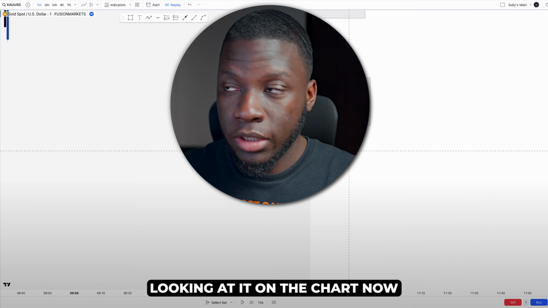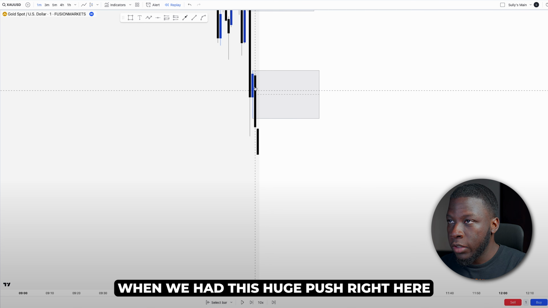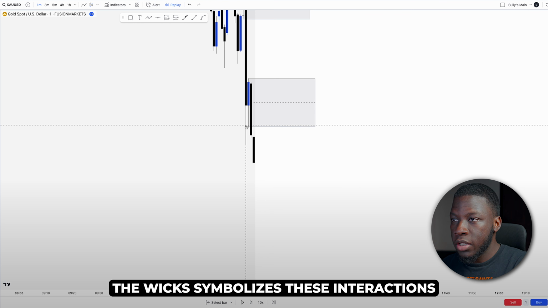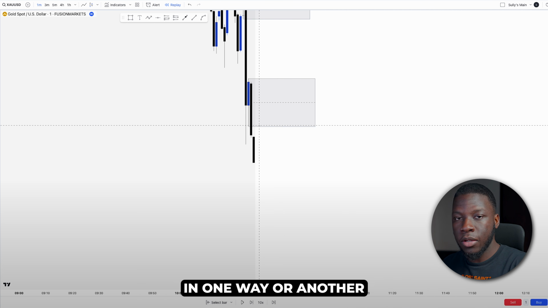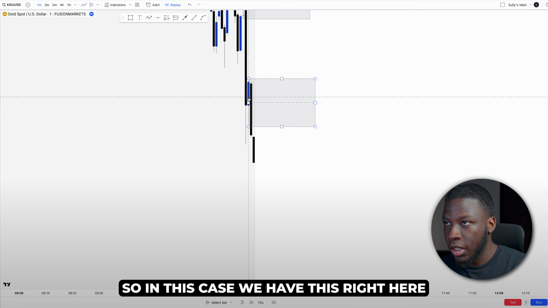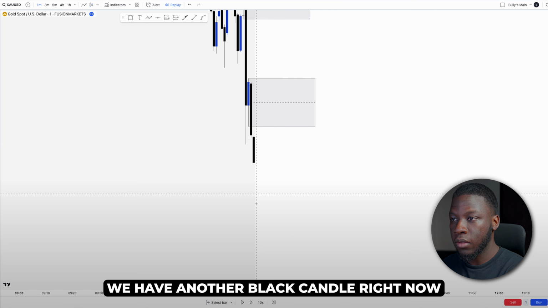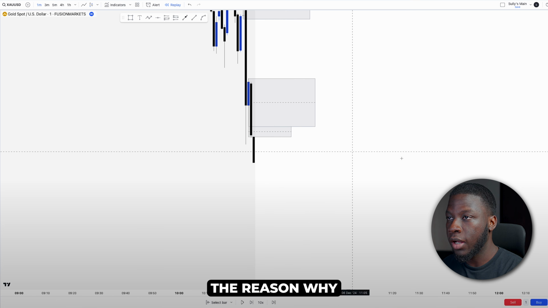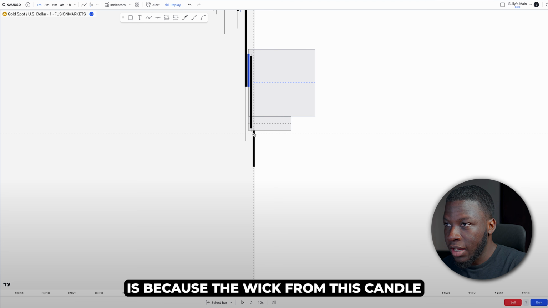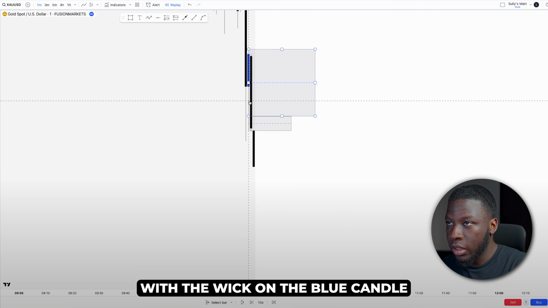Looking at it on the chart now, this translates in the same way. When we had this huge push right here, the wicks symbolize these interactions. So the wicks need to interact in one way or another. In this case, we have a black candle, and another black candle. Right now, we have a gap right here. The reason why is because the wick from this candle needed to have interacted with the wick on the blue